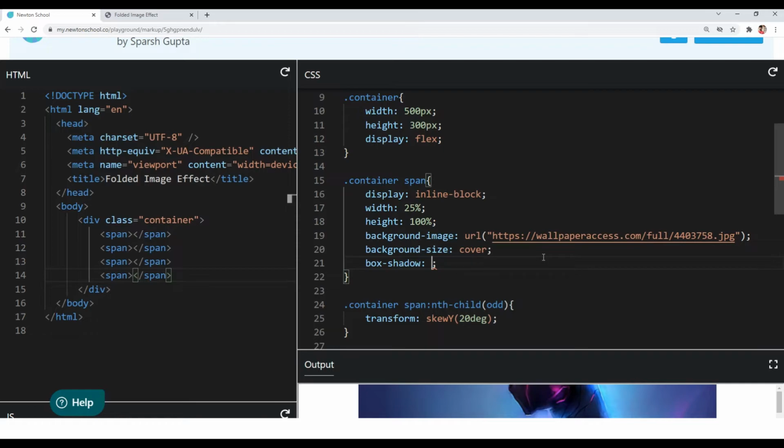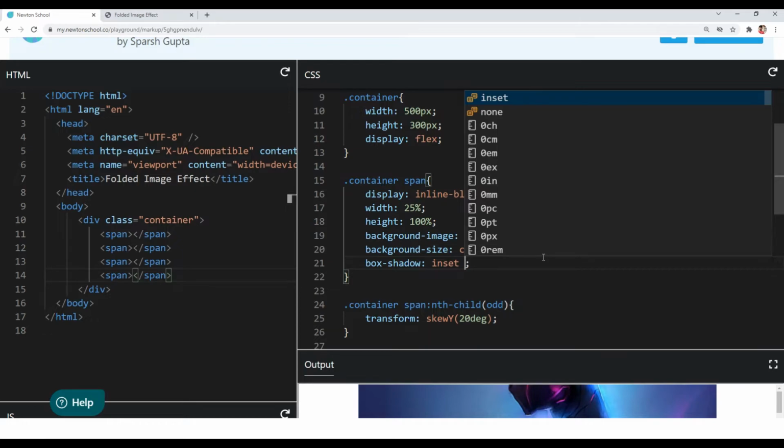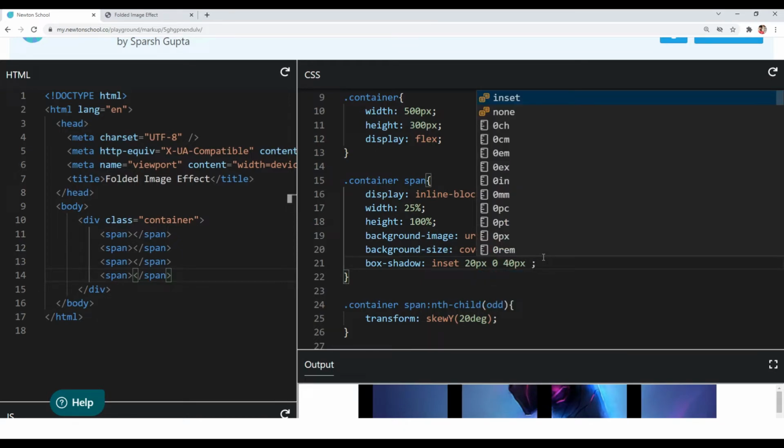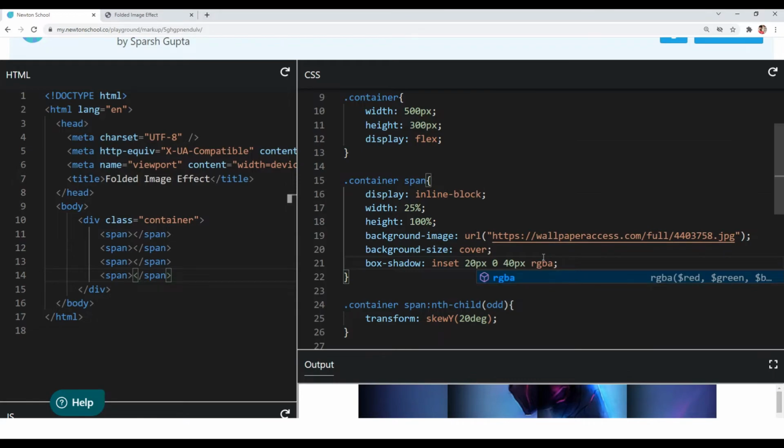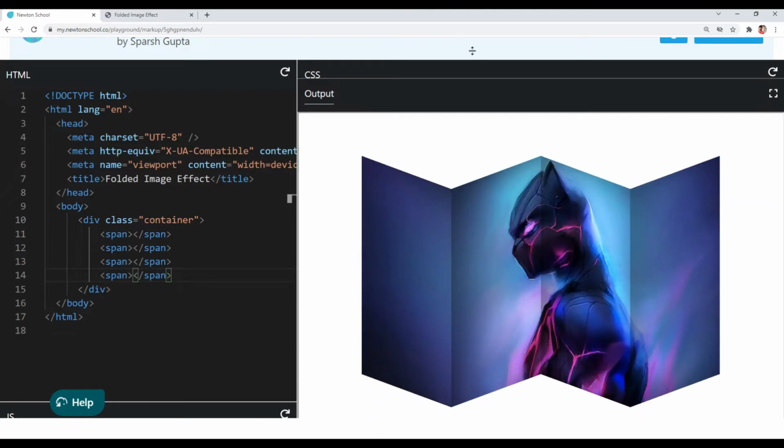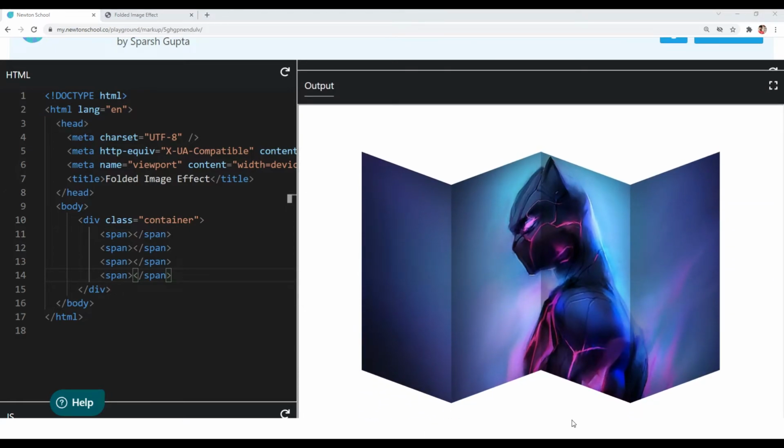So I want the box shadow to be inside, so I will use the inset keyword, and for the X offset I want 20 pixel, for the Y offset I want 0, and for the blur value I want 40 pixel, and for the color I will use RGBA format, and I will pass in the RGB value of black color, that is 0, 0 and 0, and for the alpha value I will pass 0.4 just to create a softer box shadow. So you can see we have completed our folded image effect and it is looking amazing.